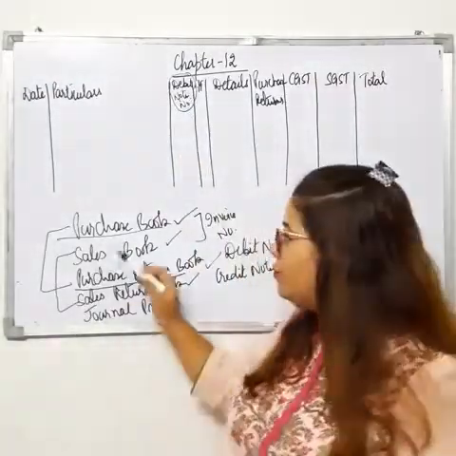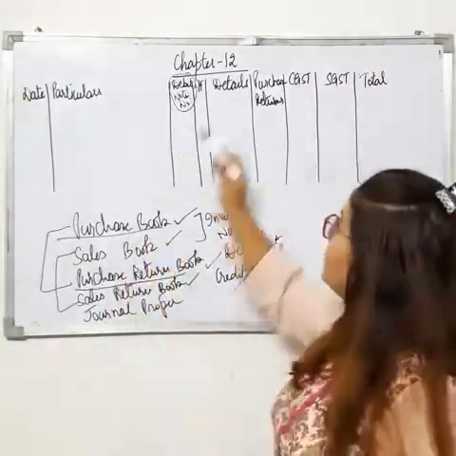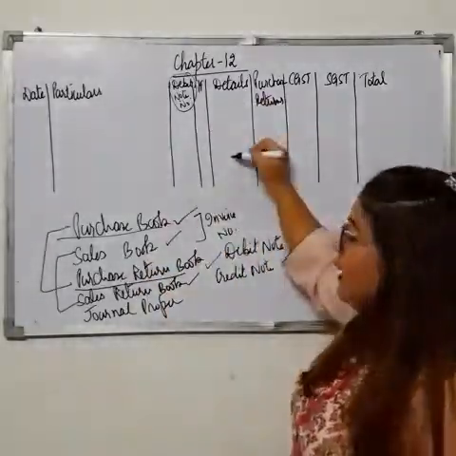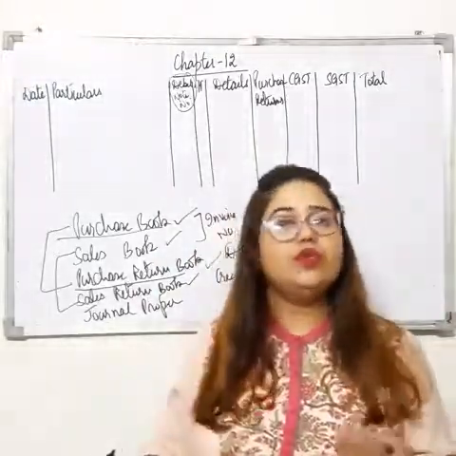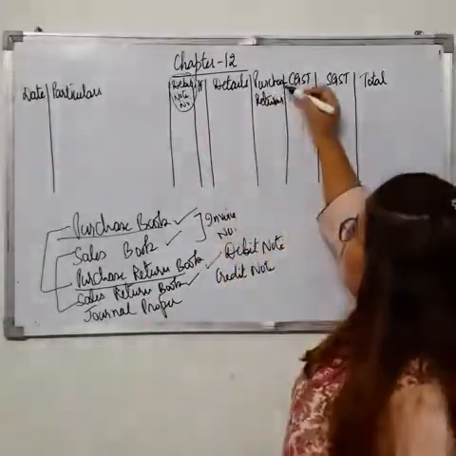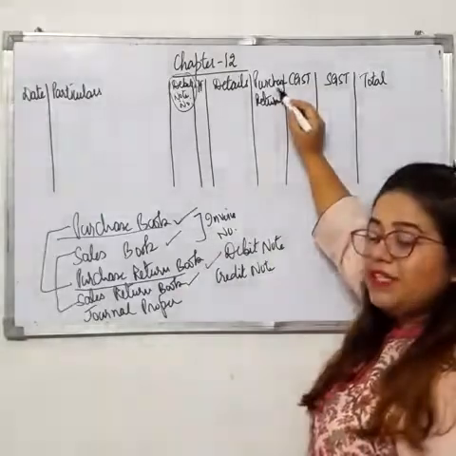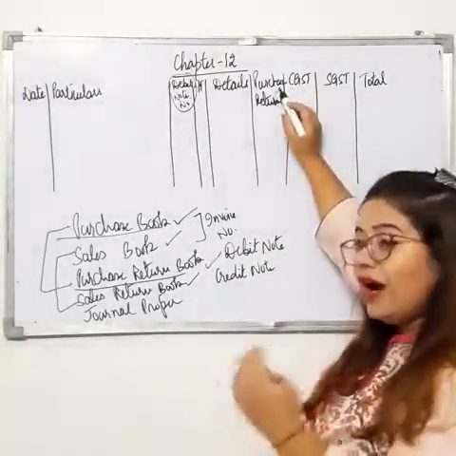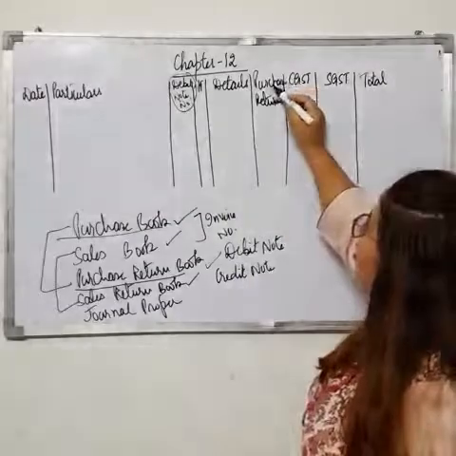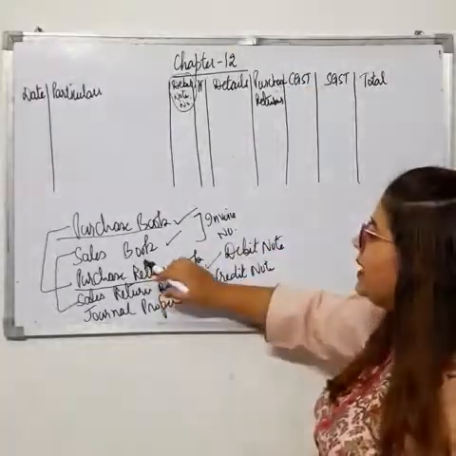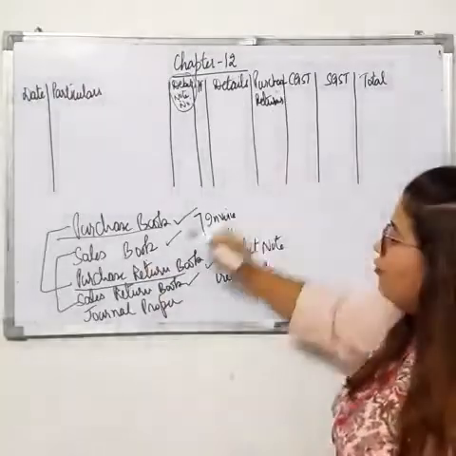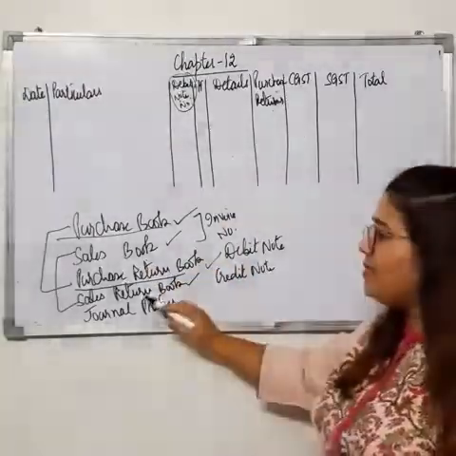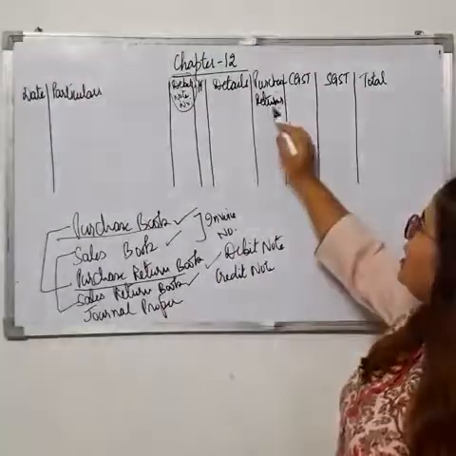Otherwise, invoice number for purchase book and sales book. Then ledger folio, that is same for every book. In details, same amounts are there, so no need to change the name. Then here, the book you are maintaining, you have to write down the name of that. If you are maintaining purchase book, write down purchases. If you are maintaining sales book, write down sales here. If you are maintaining purchase return book, write down purchases return. If you are making sales return book, then write down sales return.